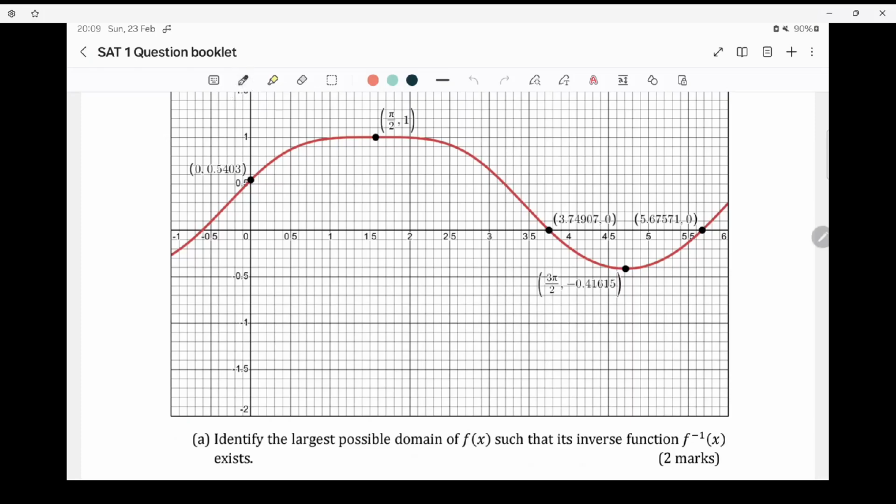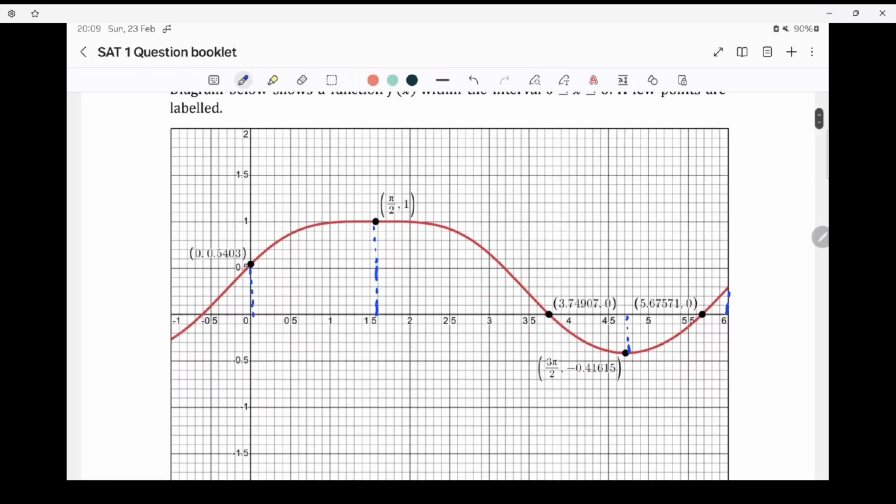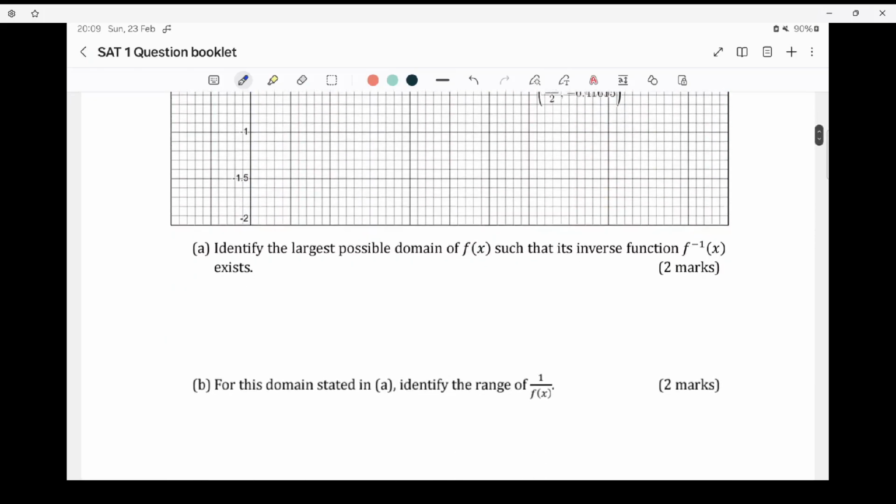So the only possible way you can have a one-to-one function is between 0 to pi over 2. So that's one possible region. From pi over 2 to 3 pi over 2, that's another possible region. And from 3 pi over 2 until 6, because the domain already stated is from 0 to 6. So then you just need to identify which one is the largest. I think the largest would be,